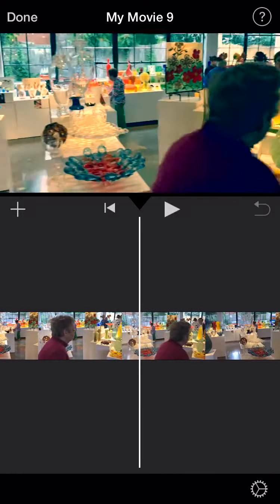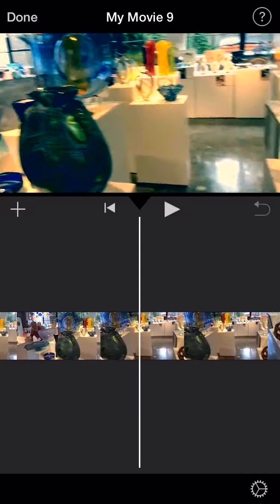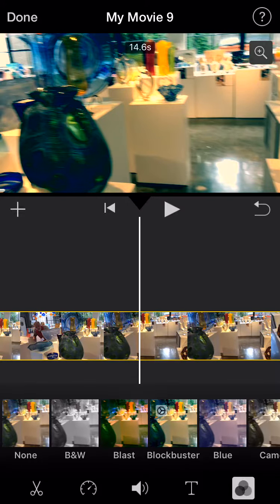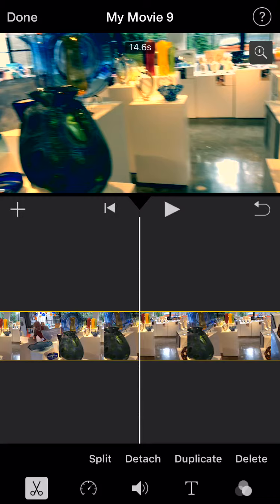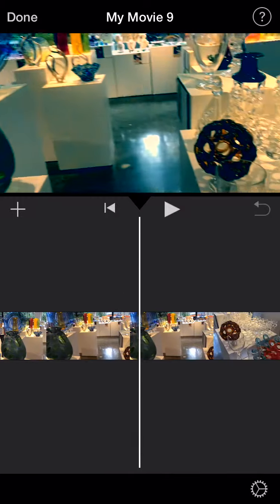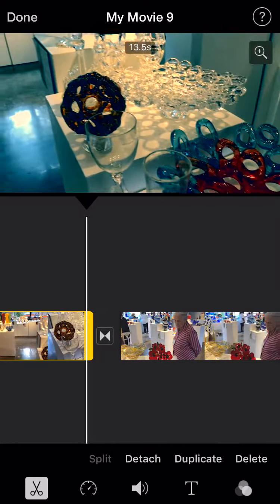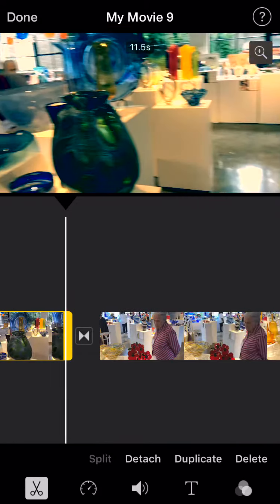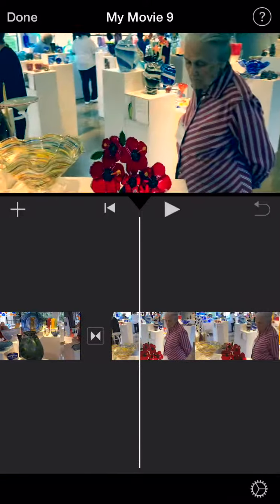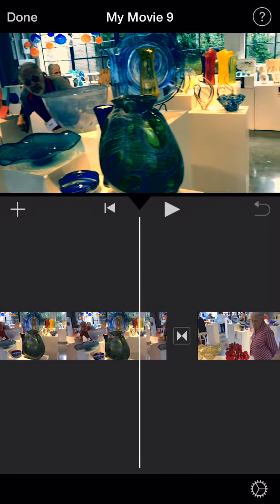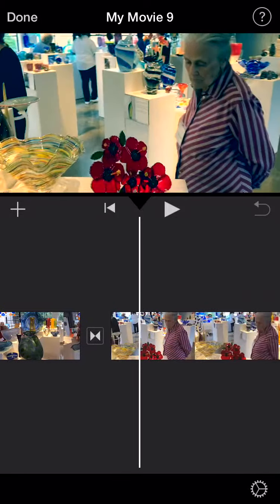Now, if you want to shorten the video that you took, because this is a pretty long one, you can either click on the video and then the little scissor button and split the video, or you can come over to the right or left hand side and simply shorten your video to where you would like it, and then it will transition to the next. The thing I've noticed, if you split it, sometimes the transition goes away, so you might have to add that